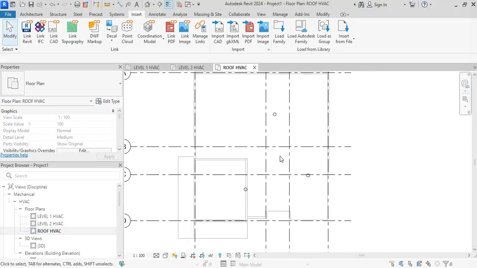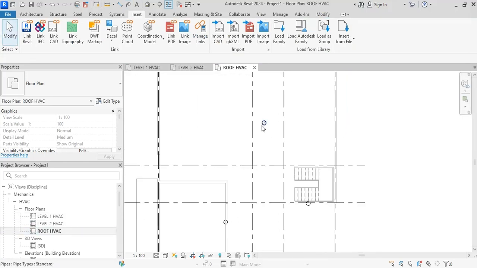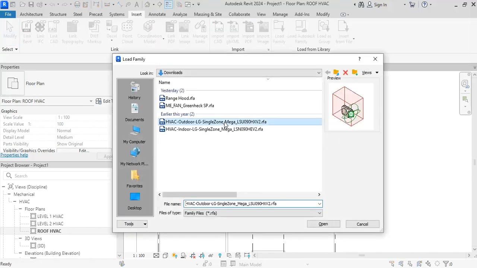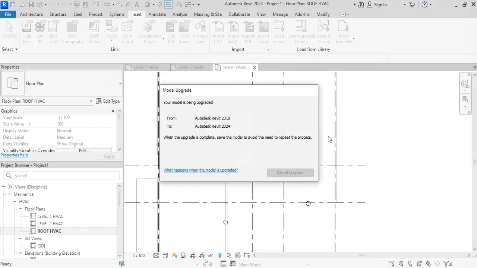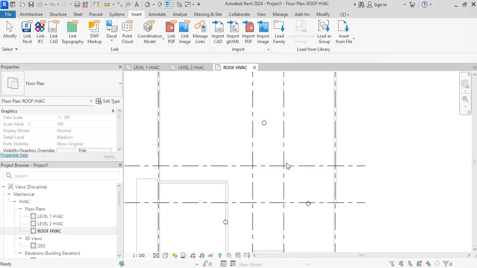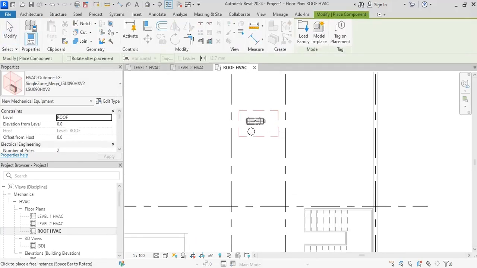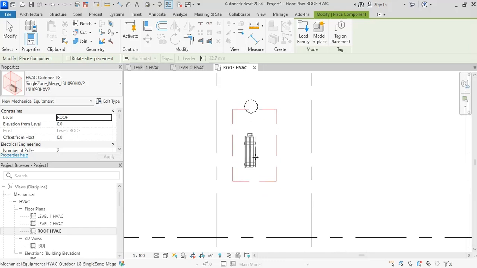We have all these pipes that need to be connected to their outdoor units. I don't have an outdoor unit loaded in Revit, so I will go load family, and this is the outdoor unit, and it's upgrading the model. I press CM, space for rotate, and then I will need it to be right here,